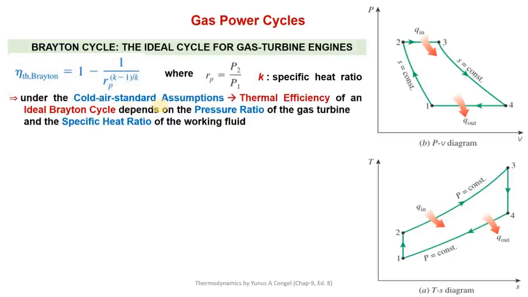So under these cold air standard assumptions, the thermal efficiency of the Brayton cycle depends upon the pressure ratio of the gas turbine. Pressure ratio means this pressure rise from 1 to 2, and that is equal to 3 to 4. Right. These pressure ratios, and the specific heat ratio of the working fluid. The working fluid, in most cases, is air, right, or a fluid which resembles air,